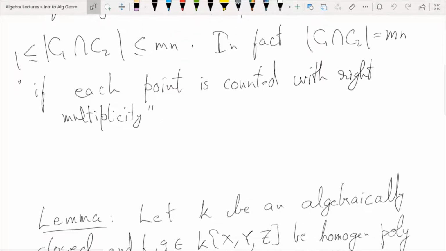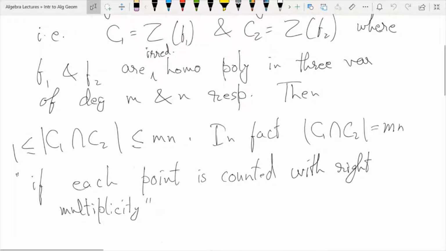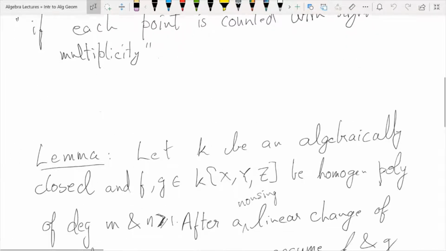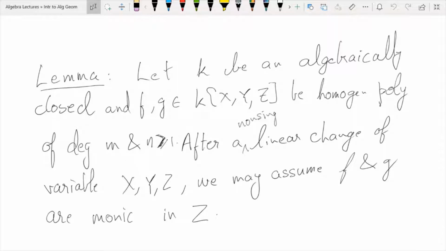So there was a lemma. We will have to work with two homogeneous polynomials, one of degree m and the other of degree n. The first lemma, which we saw the proof of last time, says that we can assume that these two homogeneous polynomials are monic in Z, for instance. A homogeneous polynomial is monic in Z if and only if